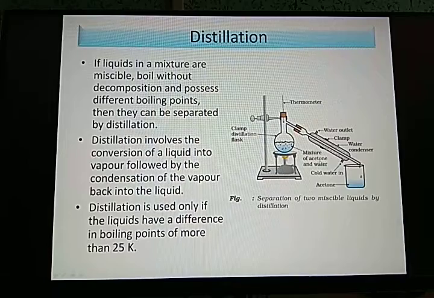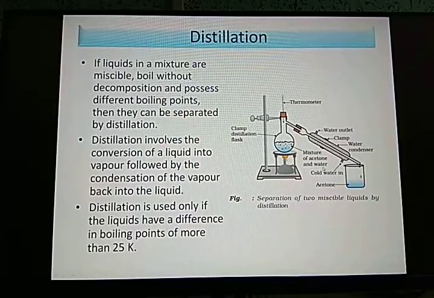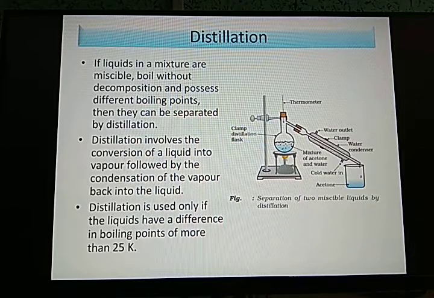So here, say for example, acetone and water. Now both acetone and water get mixed up easily. But the boiling point of acetone and the boiling point of water are not the same. They are different. In fact, we can say that acetone has a lower boiling point than water. That means we can say that acetone is a volatile substance. But we cannot separate it out through the method of sublimation, because here it is not in the solid state, it is in the liquid state. So the sublimation process we can't use here. So here we have to use this distillation process.